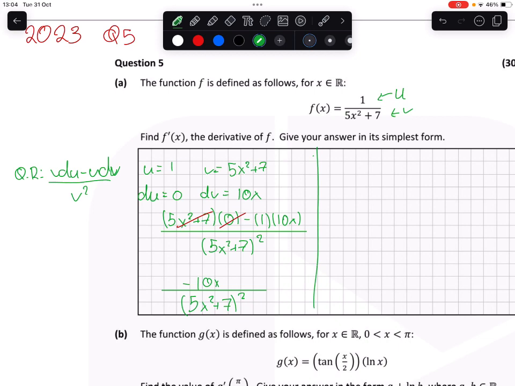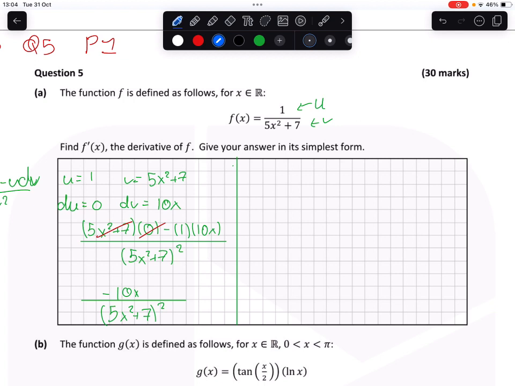The other way we can do it is using the chain rule, by noticing that f of x can be rewritten. Anything that's 1 over something on the bottom, we can rewrite as the bottom number to the power of negative 1. So this is equal to 5x squared plus 7 all to the negative 1. So if we're finding f prime of x, we first differentiate this upper power. We decrease it by 1 and multiply by the other power, same as always. So we have minus 1 multiplied by the inner function, 5x squared plus 7,